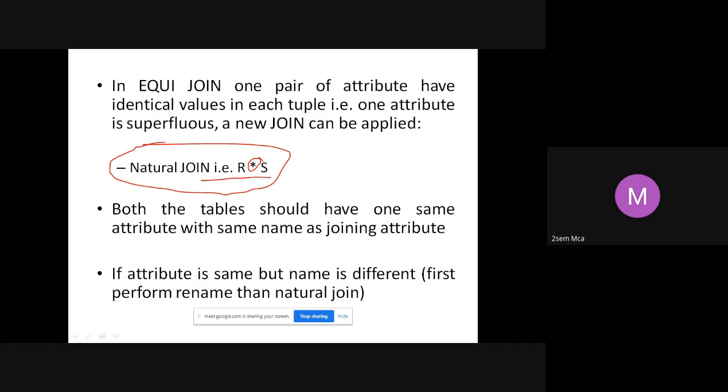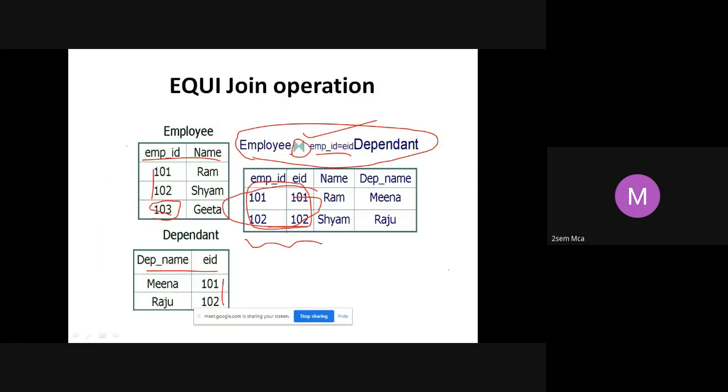What is the condition to apply this natural join? Both the tables should have one same attribute with the same name as the joining attribute. Here you see, you have employee ID in employee, but in dependent we have EID. It is not employee ID, but it is EID.